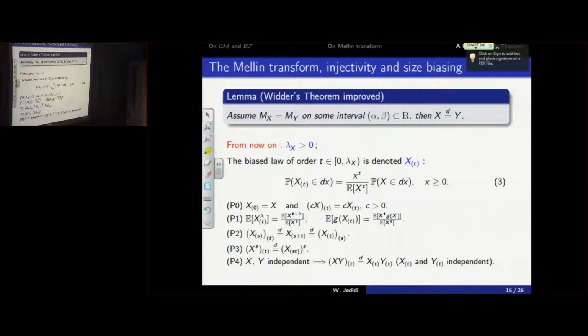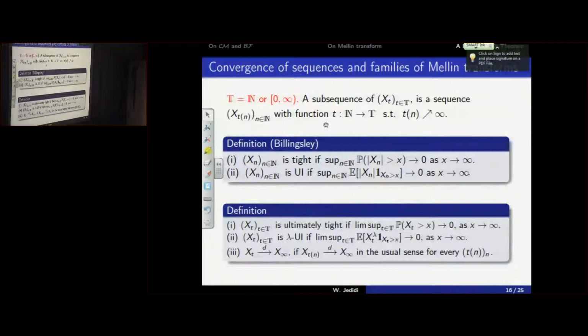Okay, what are we going to do with this concept of Mellin transform? We did some preparation. For people who have already taught probability theory at the bachelor level, third-year bachelor level, in most universities, when you teach probability as a lecture of analysis, at the end we always deal with limit theorems. Limit theorems for random variables can be in the distributional approach or also in the almost sure approach.